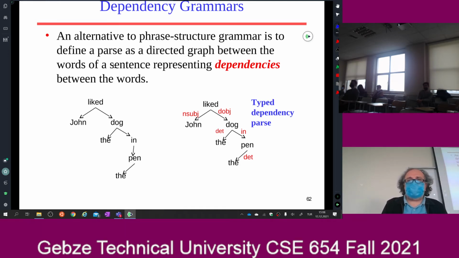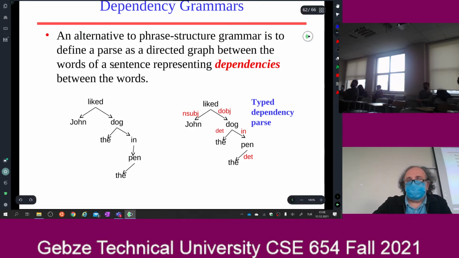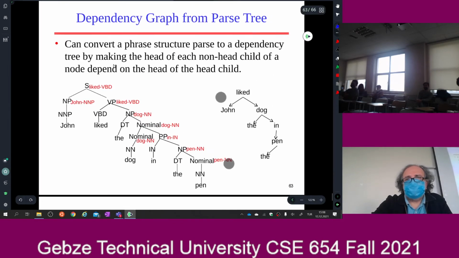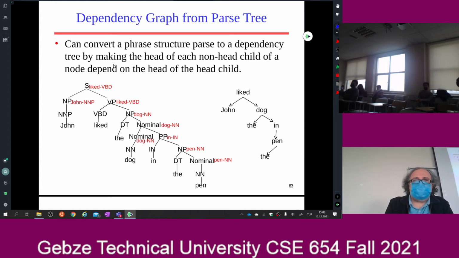Does it have to be a binary tree? No, it doesn't have to be. Relationships are binary, okay, but the tree doesn't have to be a binary tree. So these are called the dependency grammars, and for some languages like Turkish, this is more reasonable, because these kinds of languages are called